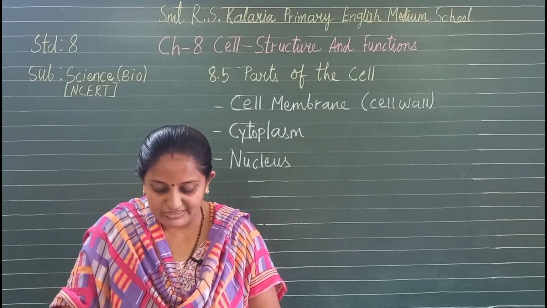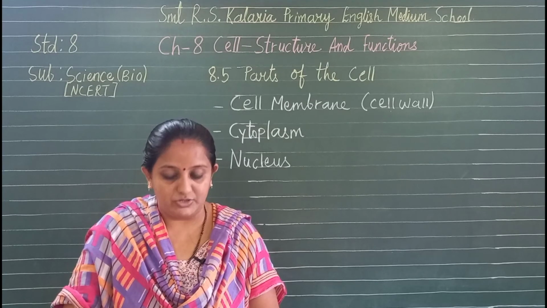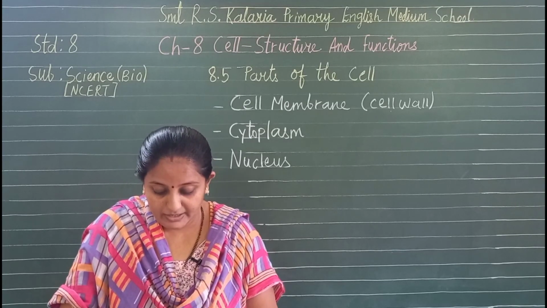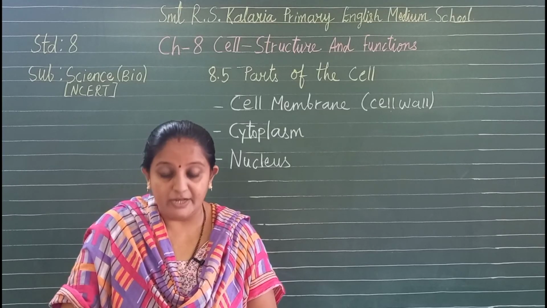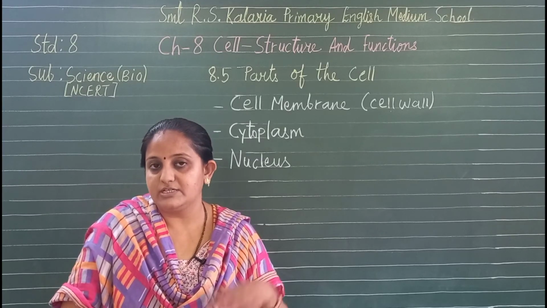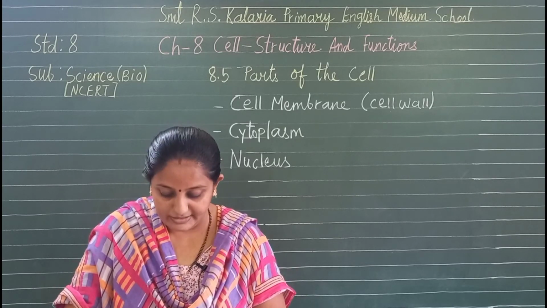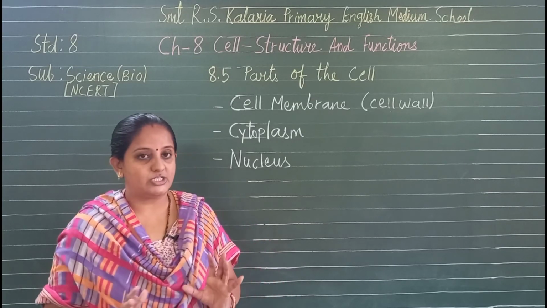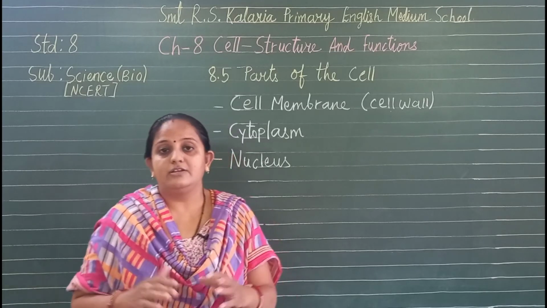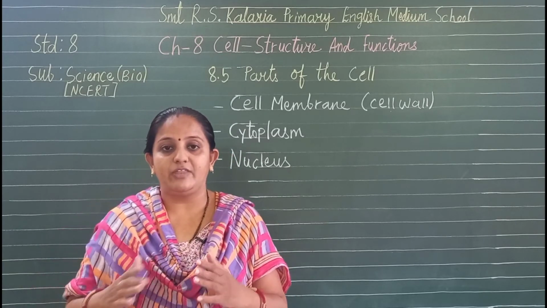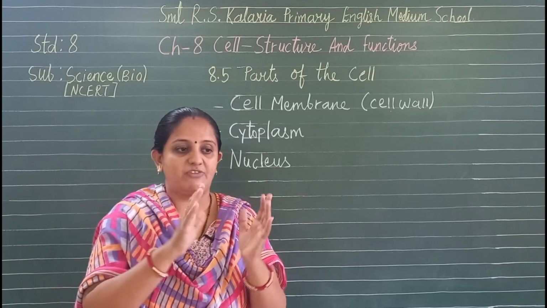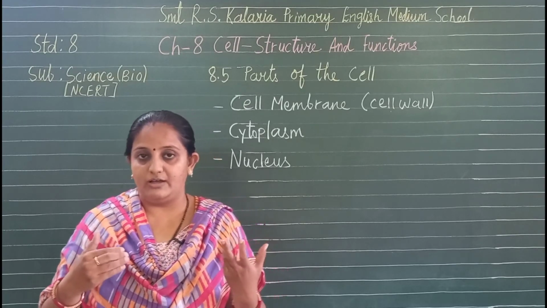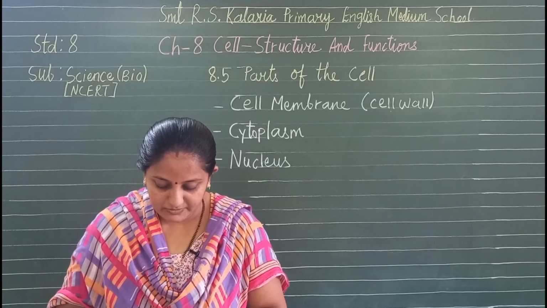The organisms with these kinds of cells are called prokaryotes. Pro means primitive and karyon means nucleus. Examples are bacteria and blue-green algae. Now you understand about bacteria and blue-green algae. The cells like onion cells and cheek cells are well organized, as you have seen in the figure, isn't it? They are arranged in a very systematic way.